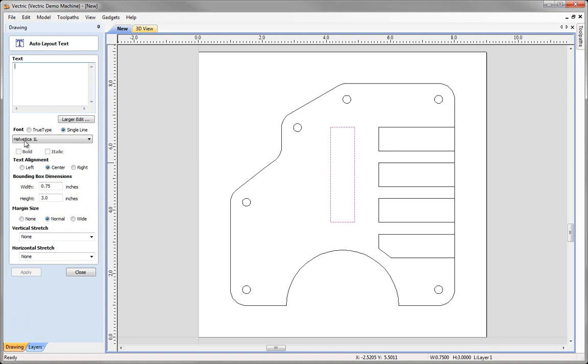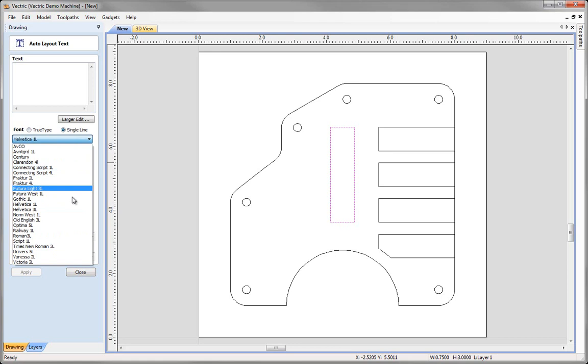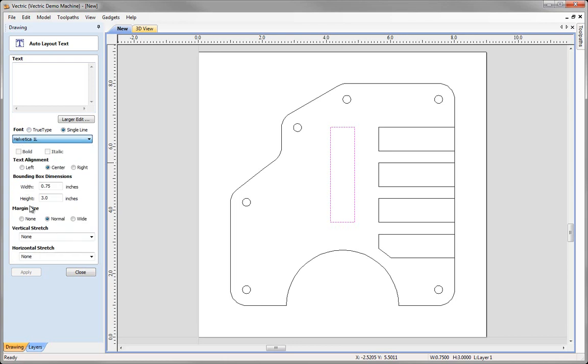When I click on this, the type of text that I want to edit here, because I'm going to engrave this with a pointed cutter, I'm going to use the single line text. We have our normal kind of TrueType fonts that we'd use for things like V carving. In this case, I just want a single line that I'm going to be able to profile along with a sharp cutter to engrave this text into the material. From the single line fonts, I'm going to choose Helvetica 1L, so that's only made up of one line, and I'm going to type in here